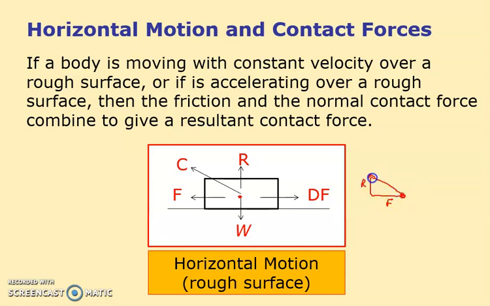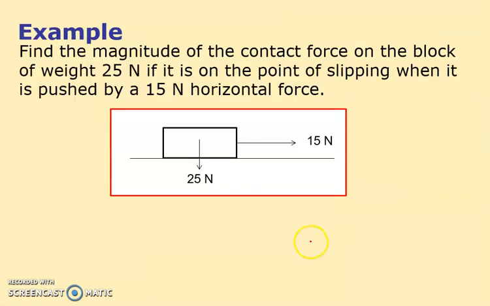And if you do a bit of Pythagoras of those two forces, you can find C, the contact force, from the rough surface. So here, for instance, on this picture, I've got a weight of 25, so I've got a reaction force of 25. I'm pulling it, it's on the point of slipping. That's important because that means its friction is also 15. So notice I'm going to quickly just do this. I'm going to imagine this as 15 there, the 25 coming up here. If I do a bit of Pythagoras on that, I'll get the